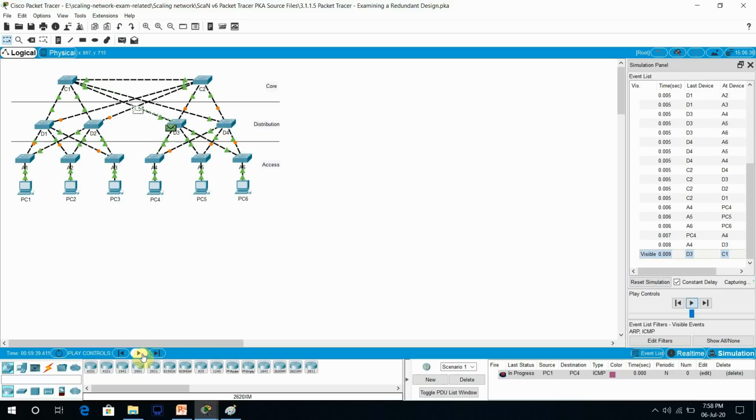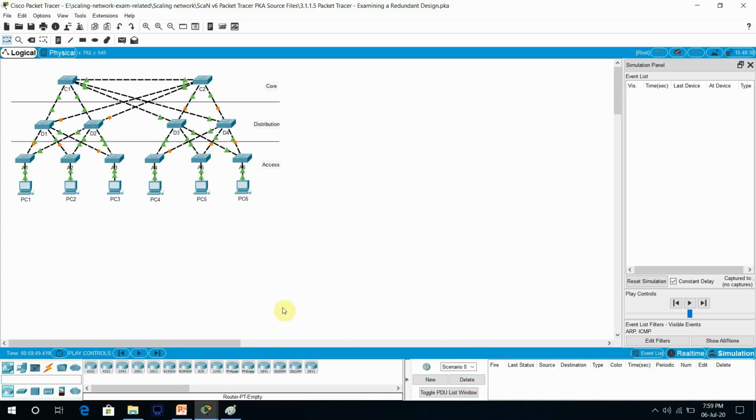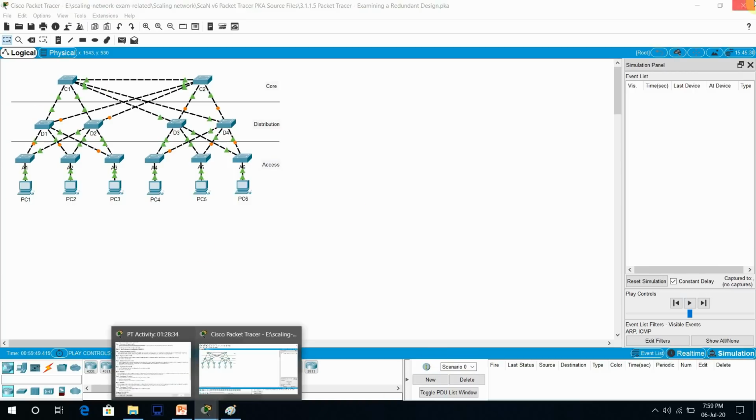D3 to C1, C1 to D2, D2 to A1, A1 to PC1. Now PC1 to PC4 follows this: A1 to D2, D2 to C1, C1 to D3, D3 to A4, and A4 to PC4. So it follows this path, you can see. So now you need to write down this is the path it followed. Okay, now let me close this.